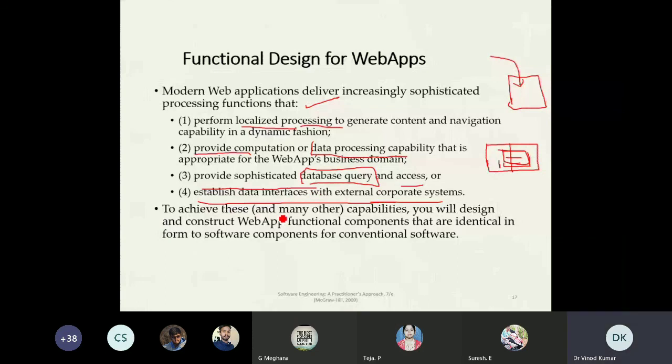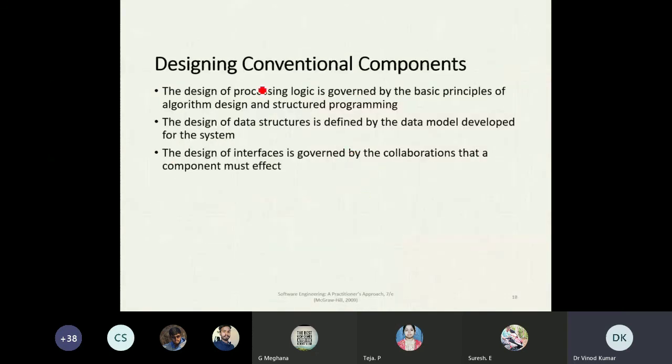you will design and construct web app functional components that are identical to the software components of conventional software. In conventional software, we create one function for one particular task. Designing conventional components: the design of processing logic is governed by the basic principles of algorithms.